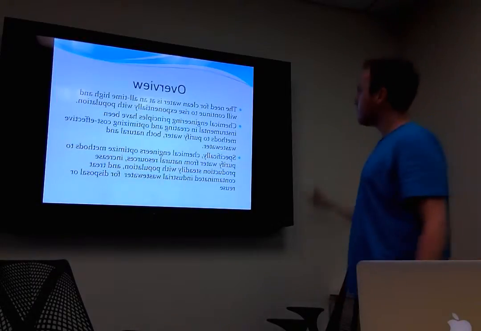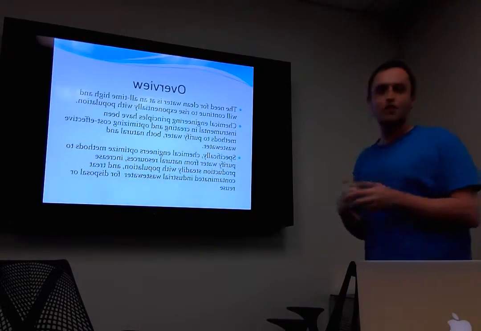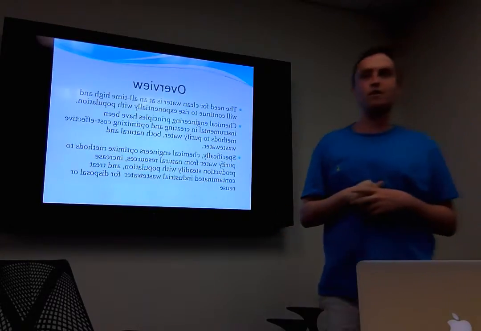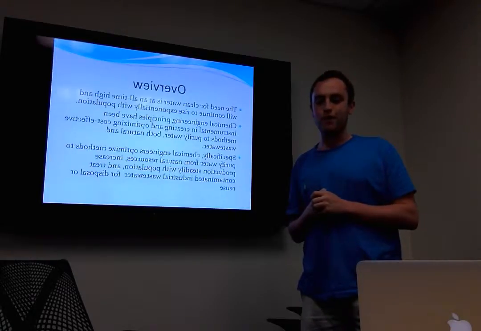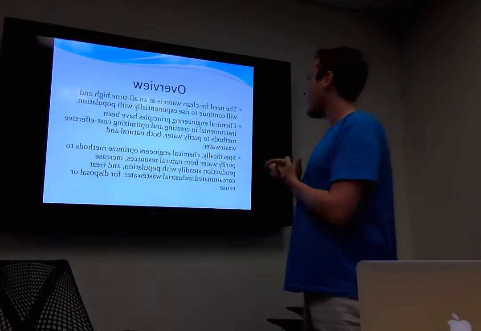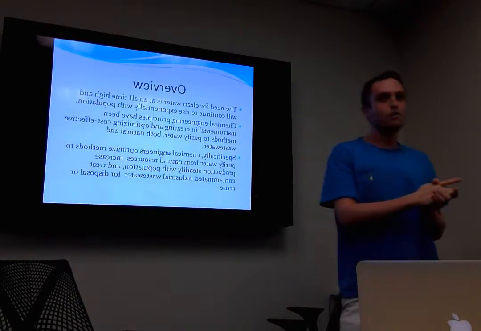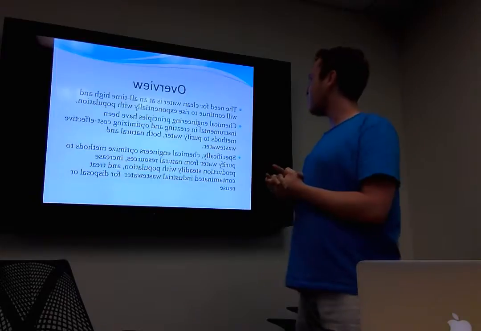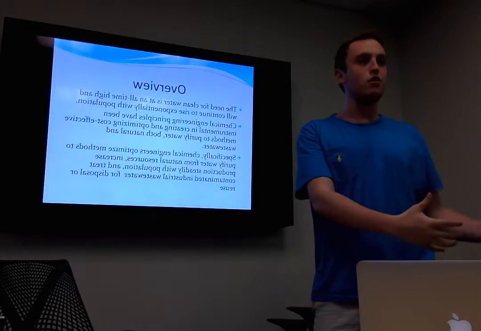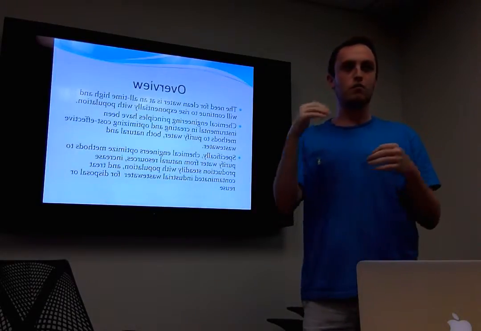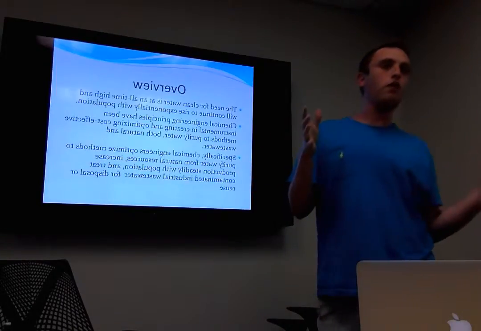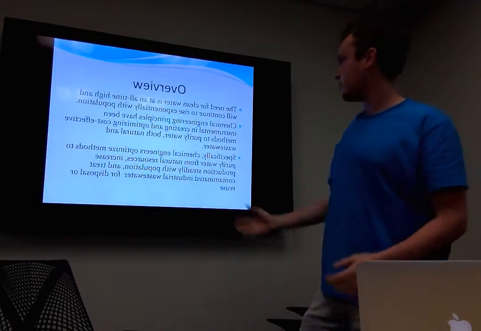So a quick overview. The need is at an all-time high, and obviously over time population is going to keep increasing until we reach that maximum of the Earth. But I don't think we're near that. You can see that the global population is rising daily. And with more people, you need more water. That's obviously going to increase the need for water, and we can't keep up with the demand already. So as more people come, the gap between the supply and the demand is just going to keep growing until we can really ramp up production to the level that we need.